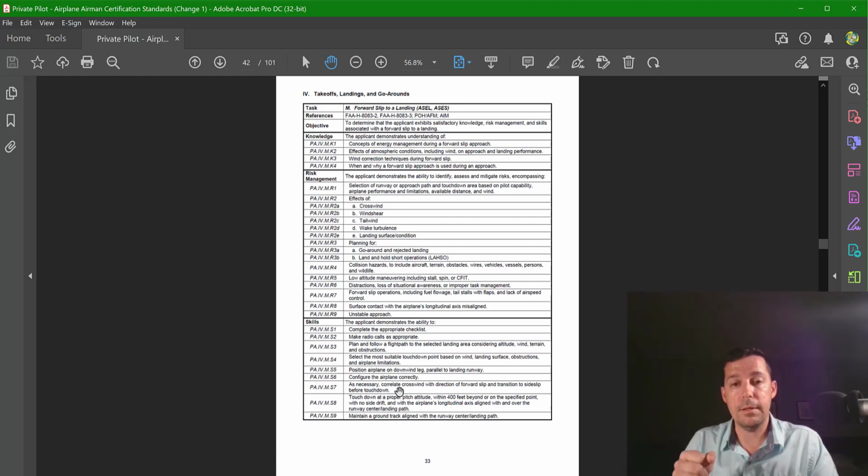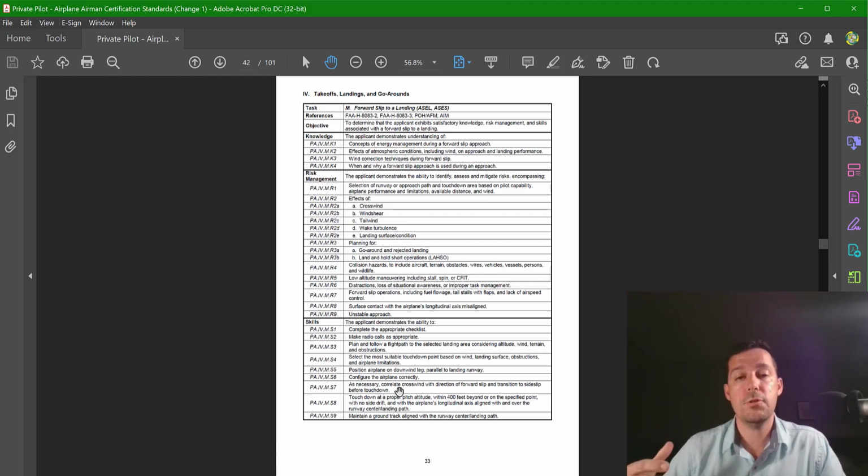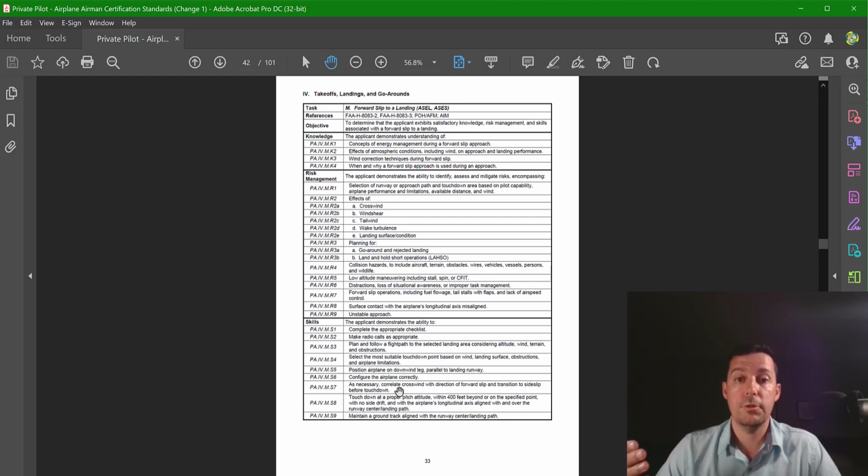So I'm going to try to take that crosswind control and dovetail it with my forward slip to landing. I want my forward slip to be in the same direction as the crosswind correction, not the opposite. And I see this a few times, and